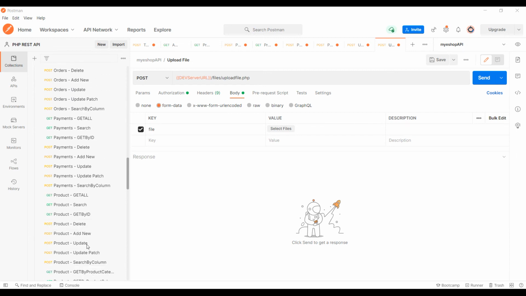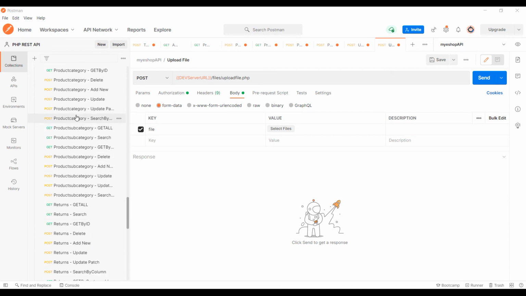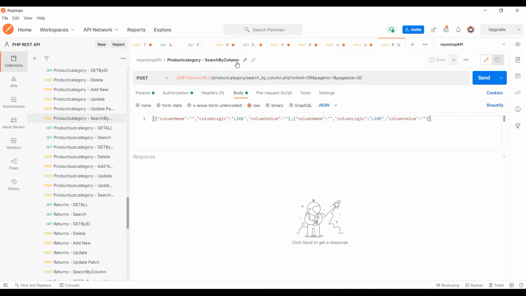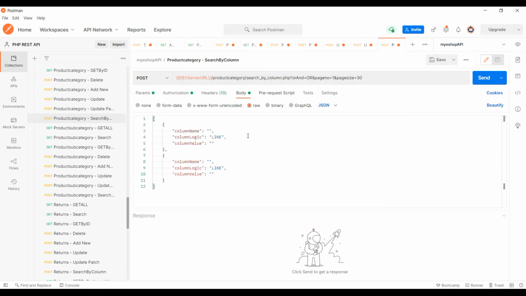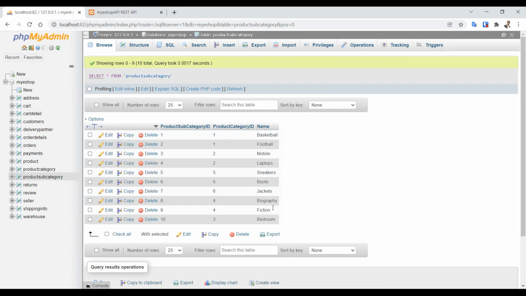Let's go to product category. If I have search by column here, it will help me search the entire table based on some logical condition like OR, AND, equal to. So here I want to search my table with column name, and okay, I have product category here.